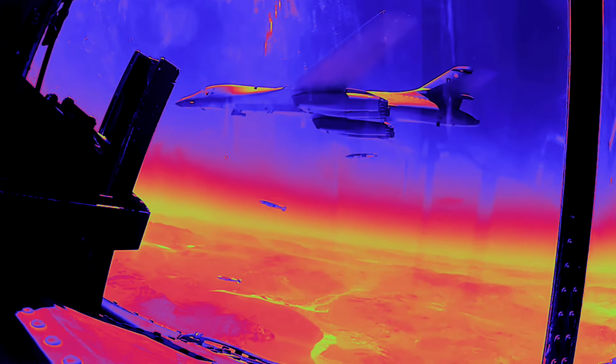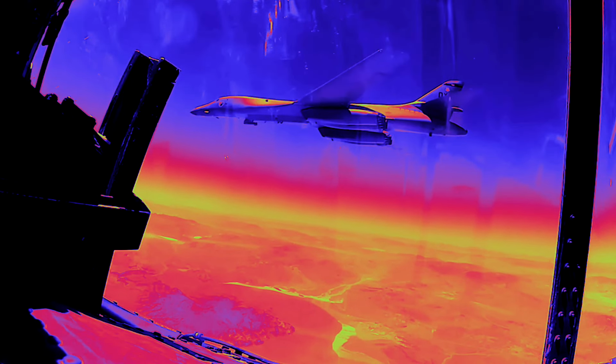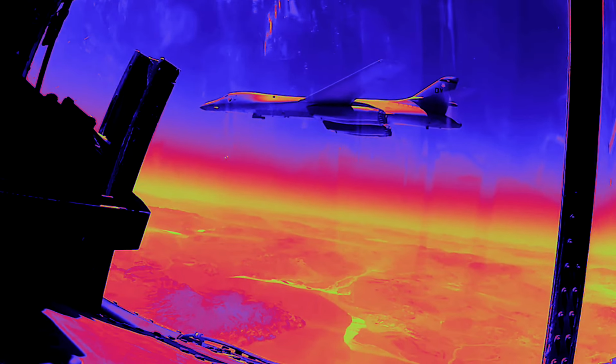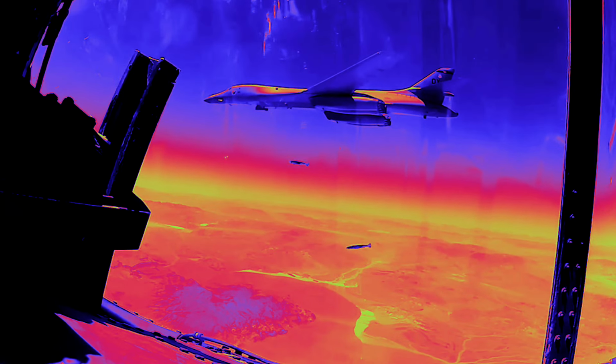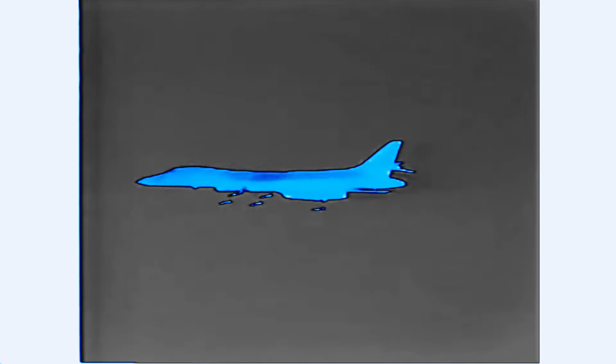So what has the Bone been up to? Well, since entering service in 1986, the B-1B has seen action all over the world. It's been the go-to aircraft for everything from strategic bombing to close air support. It was a star performer in Operations Desert Fox, Allied Force, Enduring Freedom, and Iraqi Freedom, proving it's as versatile